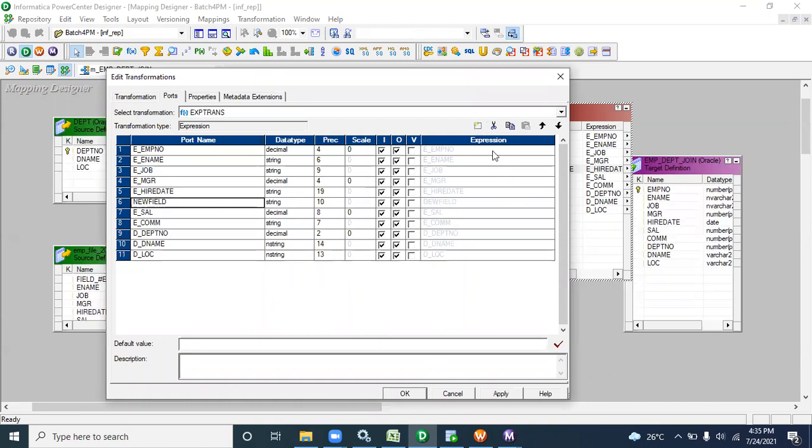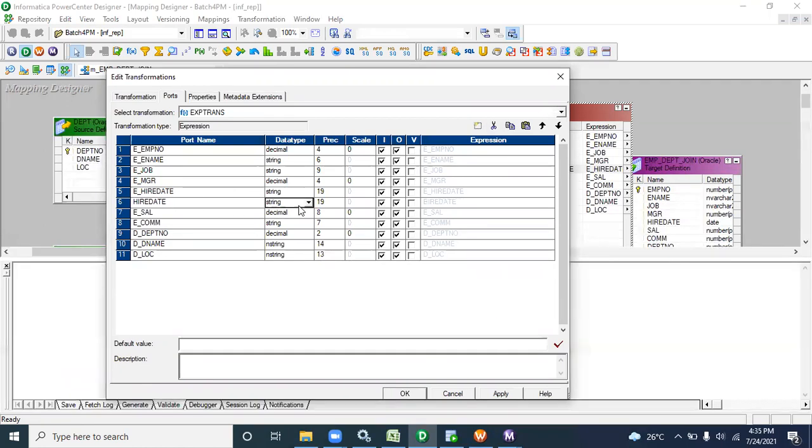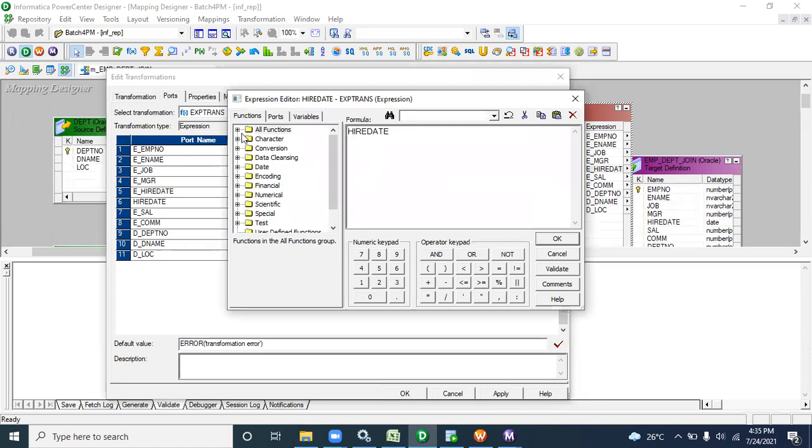You can just copy the E hire date and paste it here. This type of data type issue will sometimes come with files. At that time, you have to use logic such as the to date function, or any date function, to char, anything like that. Just use a date function.